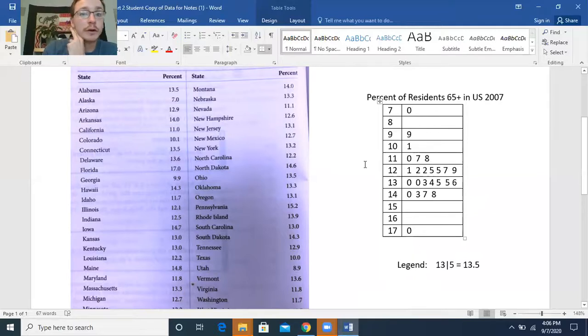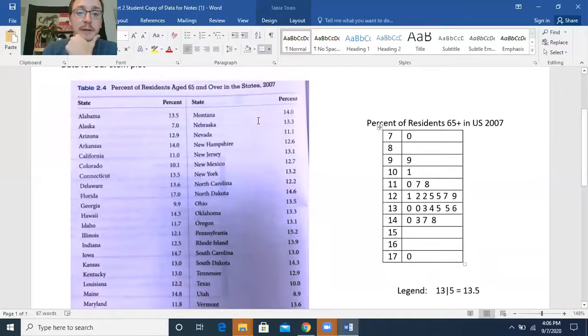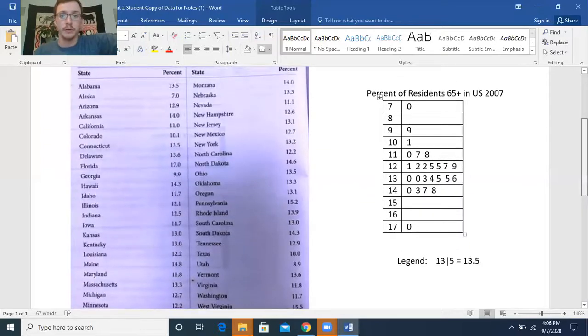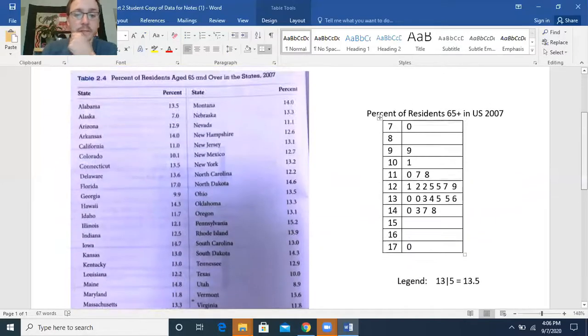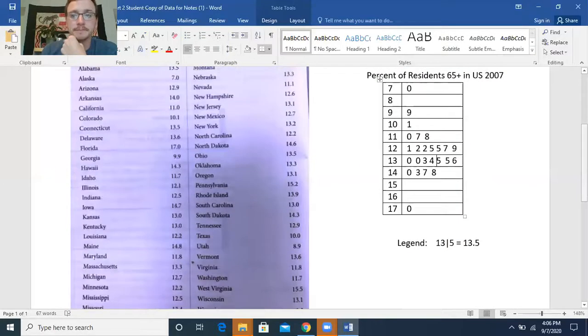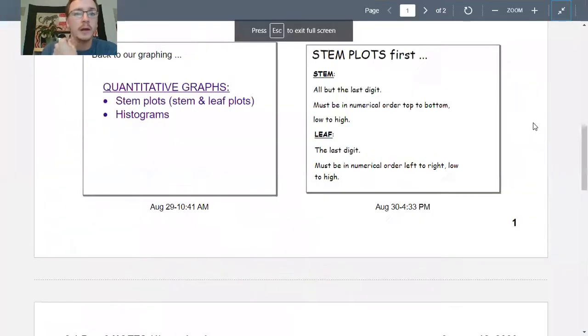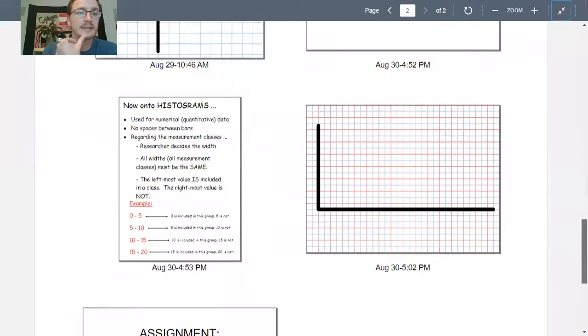But what I want you all to do now, before you get to that homework worksheet, is make a stem plot and a histogram. The stem plot is just going to be with the right-hand one, so you're going to go from Montana to Wyoming. So going back to those notes now, now that we've looked at a stem plot,